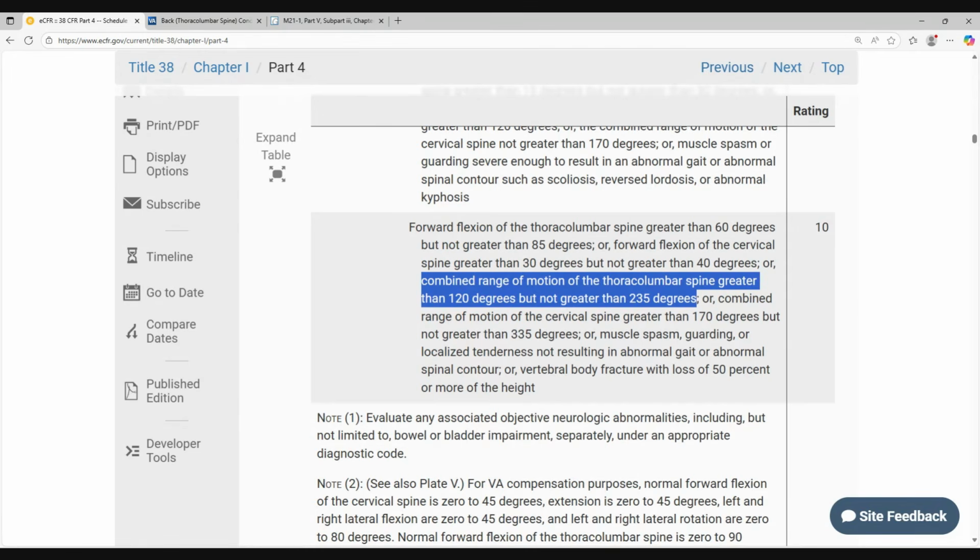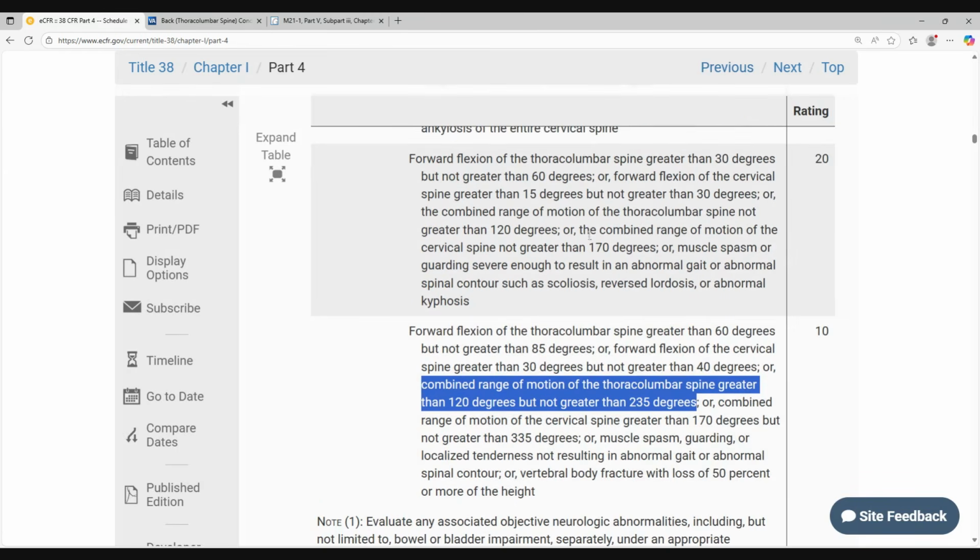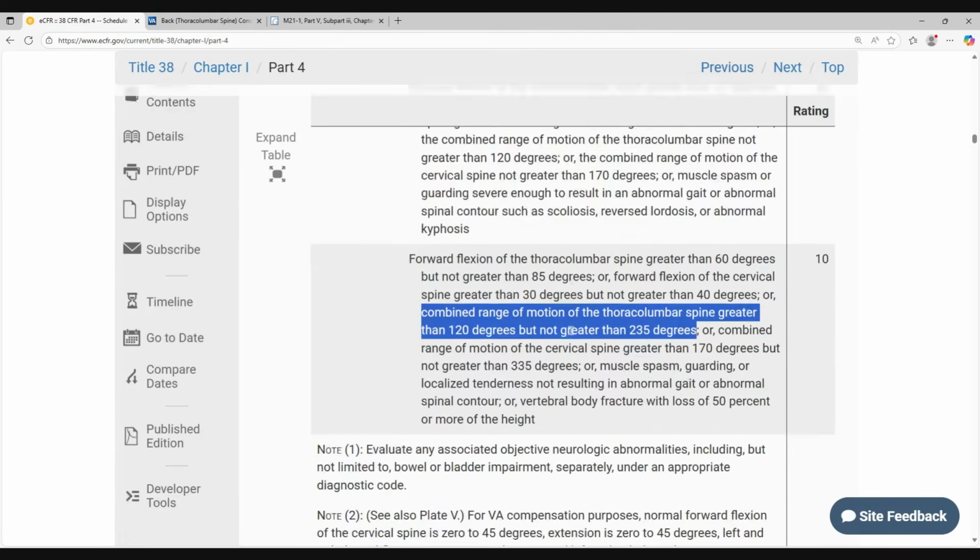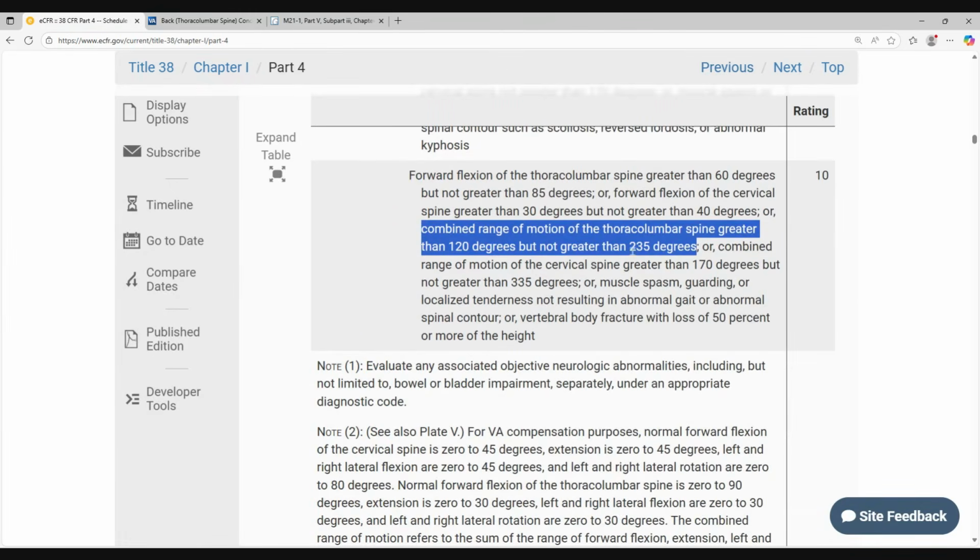But just keep in mind that the addition on the range of motion would be no greater than 235 degrees, but no less than 120. Because if it was less than 120, it would be on a higher scale. So one of the things that I would like to take the time right now to say is that,